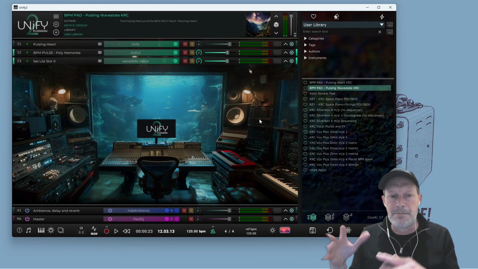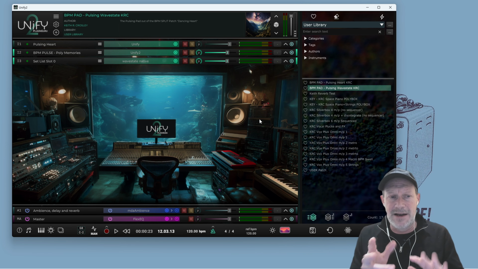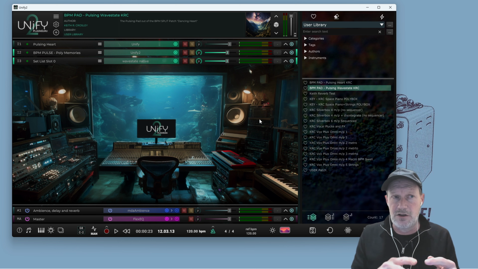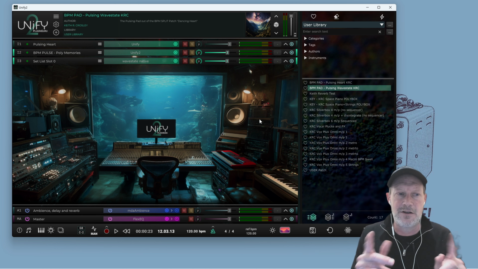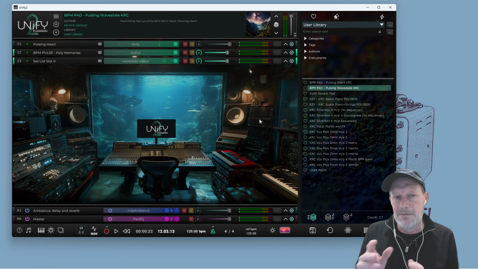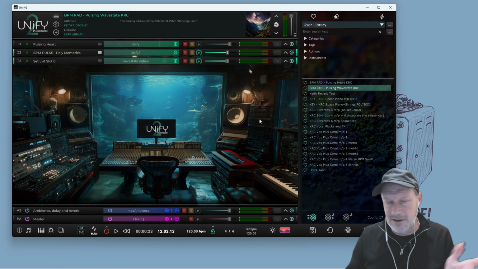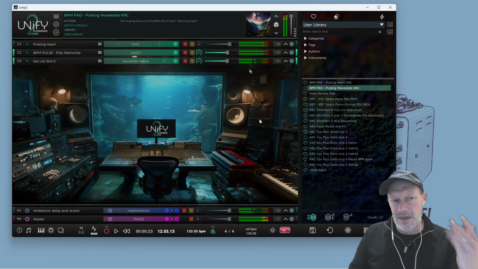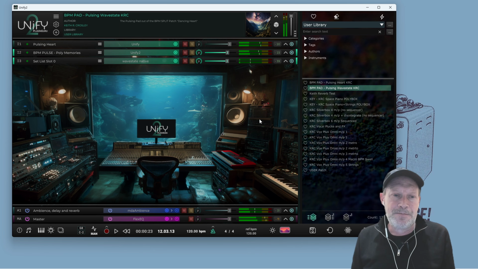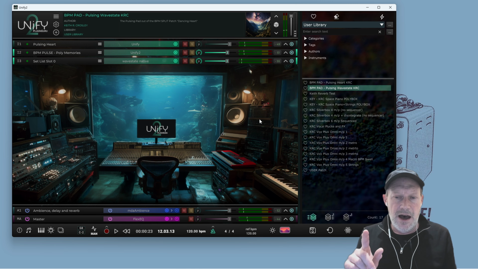So you can combine MIDI plugins, which can do various things. You might not actually have any MIDI plugins, but Unify 2 comes with a bunch of MIDI plugins that can do very interesting things, including an arpeggiator that's driving a lot of this patch, but also a thing called Polybox that we'll get into,